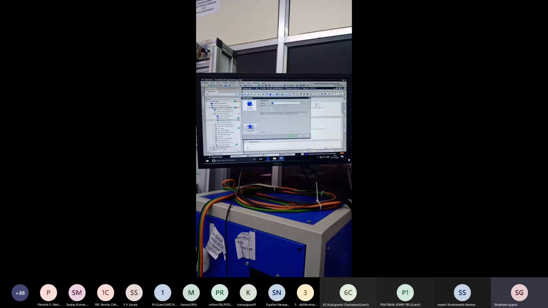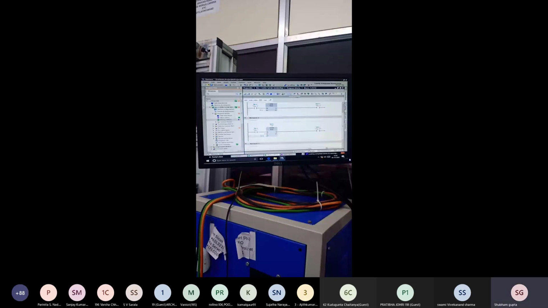If you stop that timer, is there an output? Next output Q0.1 and PT 5 seconds. Take example 5 seconds and download it.